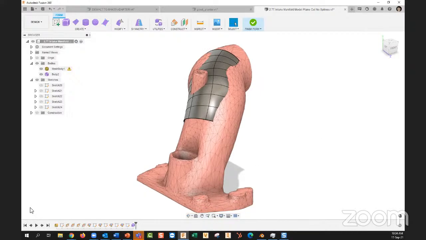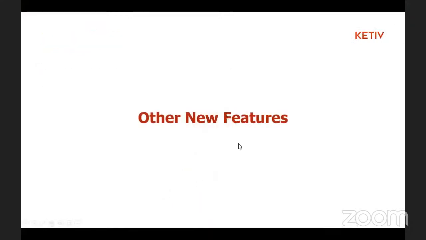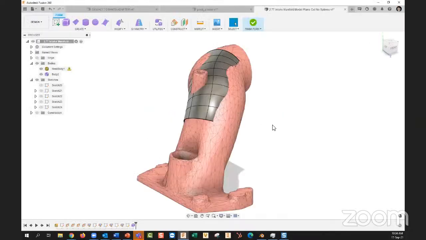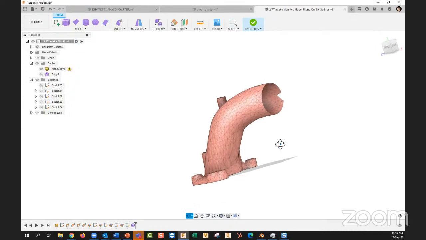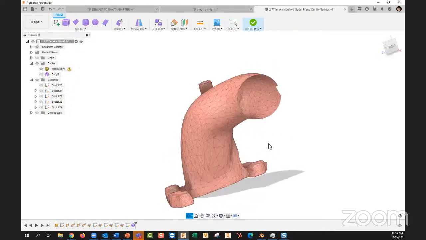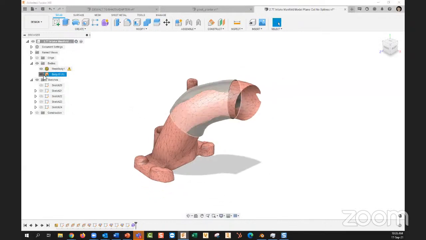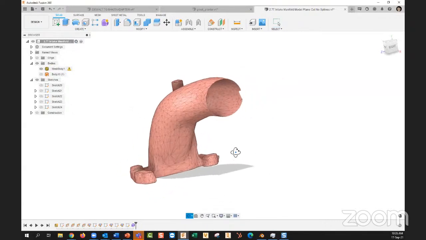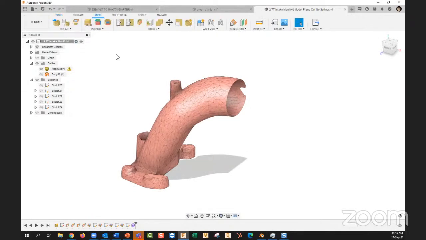All right. So let me share with you quickly other new features that are definitely worth mentioning, because I don't have time to show everything, but I'm going to at least mention it here. So if we want to essentially make this a solid body or fix this model, there's a lot of new repair tools inside the mesh environment now. So if we go here to repair